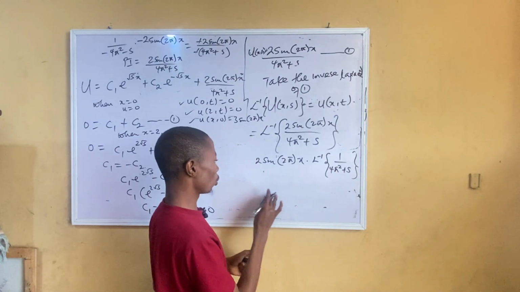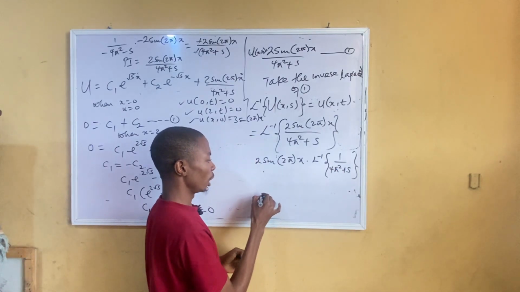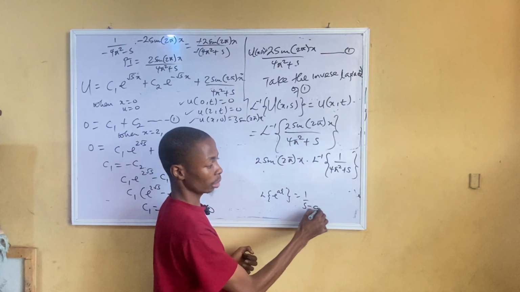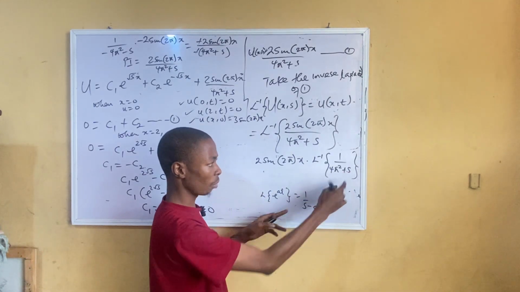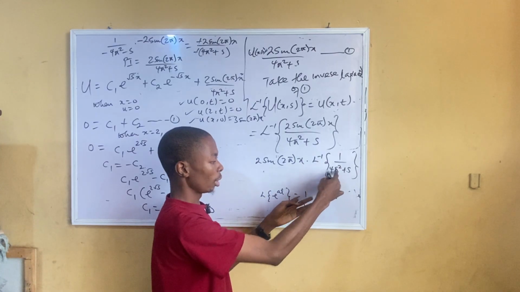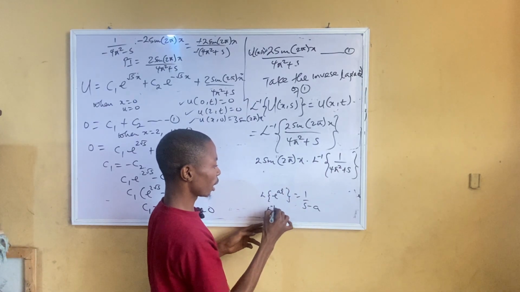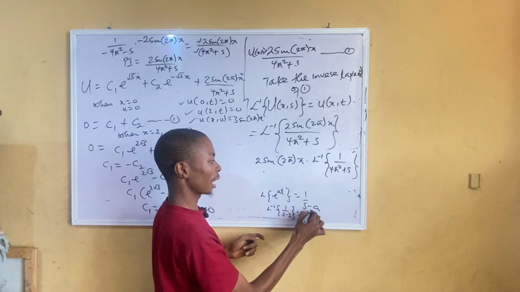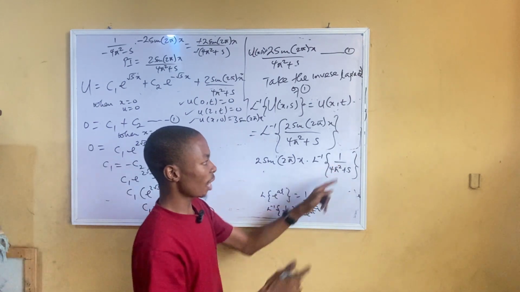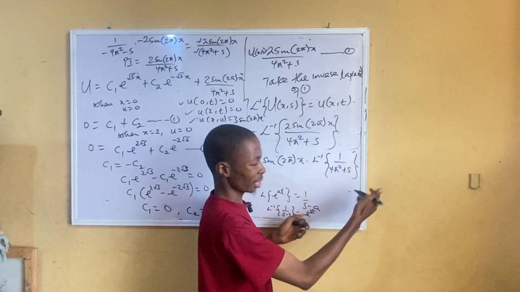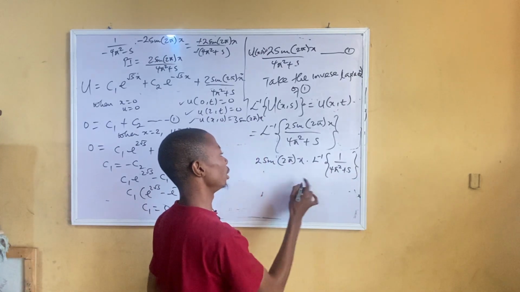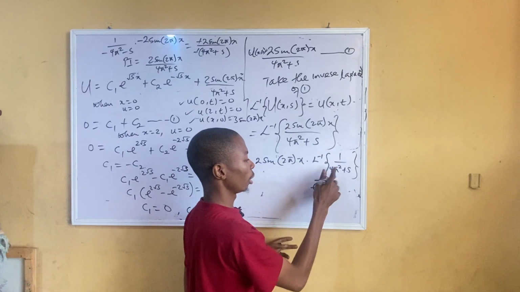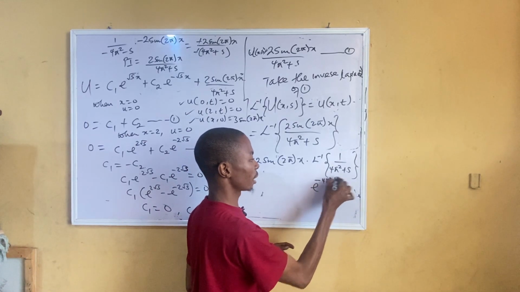Now let me take you back to the Laplace transform. If you take the Laplace of exponential at, it will be 1 over s minus a, right? This 4 pi square is just a number. So if you take the inverse Laplace of 1 over s minus 3, it will go back to exponential 3t. Now take the inverse Laplace of 1 over 4 pi square plus s this time around. So this will be exponential minus 4 pi square t. It will now have time,